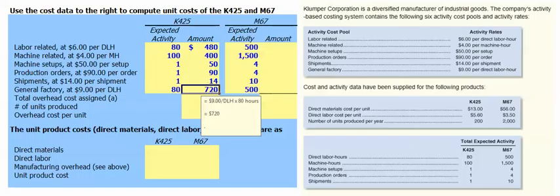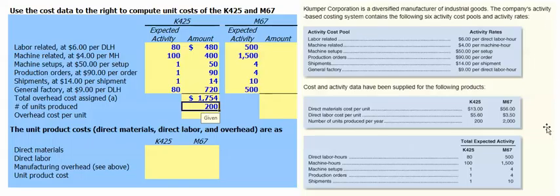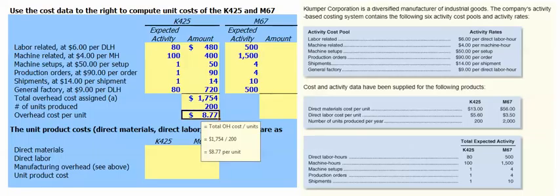Our total overhead cost then assigned to the K425 will be the sum of these, which is $1,754. To calculate the amount of overhead per unit, we need to take our total overhead cost assigned to the K425 and divide it by the estimated number of units we plan to produce, which was given as 200. This gives us an estimated overhead cost per unit of